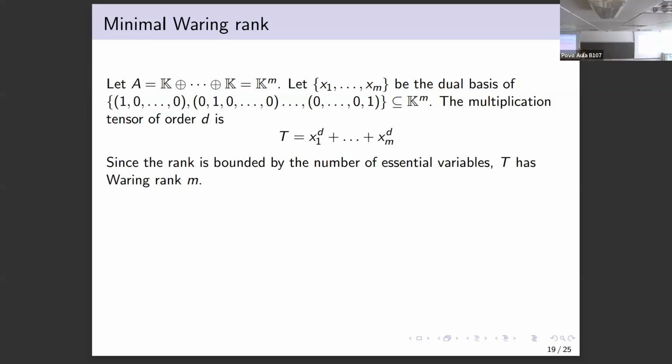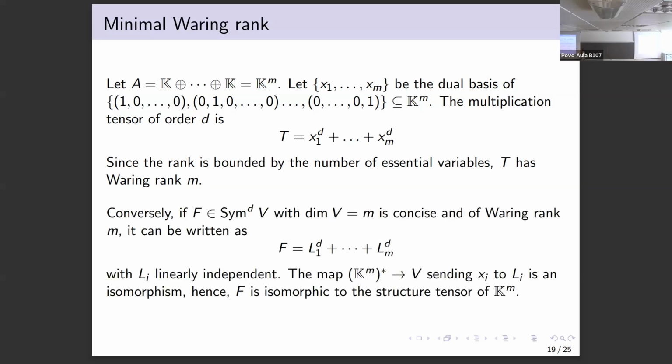And this is a rank n decomposition of this tensor. And you cannot really do better because for concise tensors, the rank is at least the number of variables. So the working rank of the polynomial is exactly equal to m with this decomposition. And conversely, if I have a polynomial with minimal working rank, so it has m variables, and I can write it as a sum of m powers,